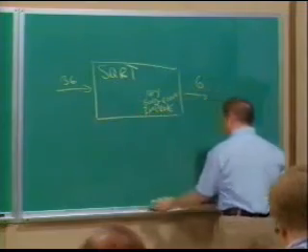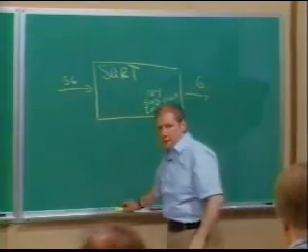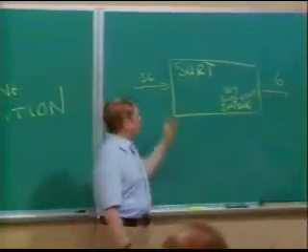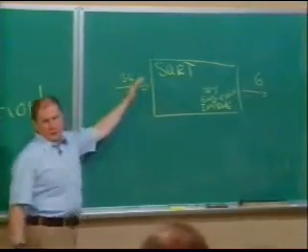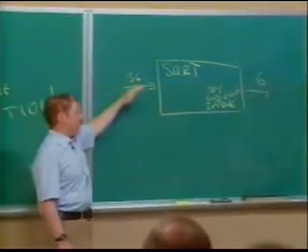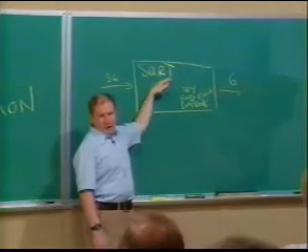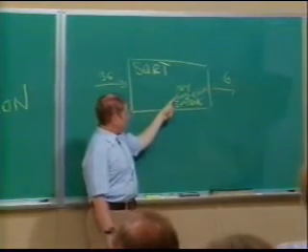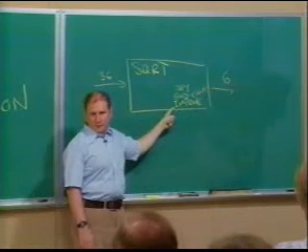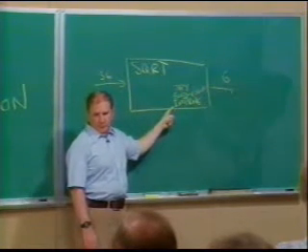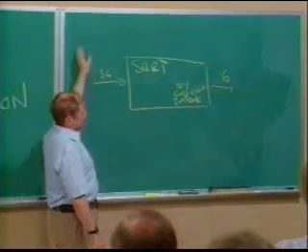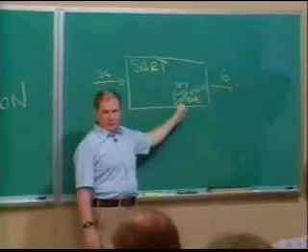Right, so they're hidden inside this box. And the reason for doing that is that if someone's using this square root, if George is using the square root, George probably doesn't care very much that when I implemented square root, I had things inside there called try and good enough and improve. And in fact, Harry might have a cube root procedure that has try and good enough and improve.